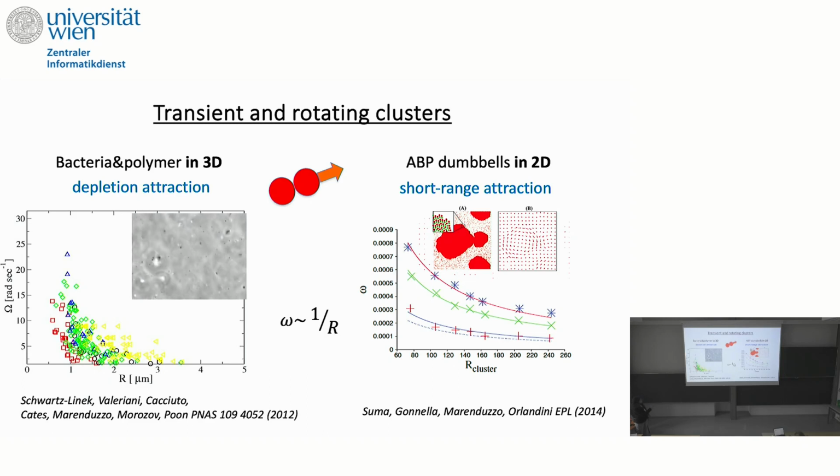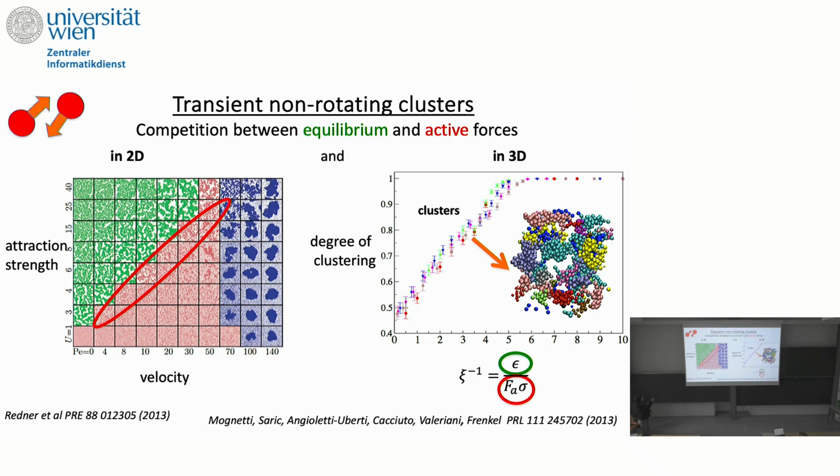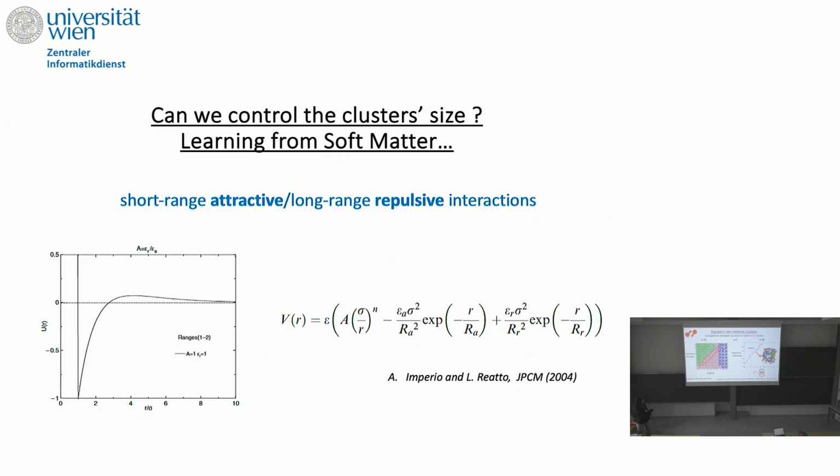These transient rotating clusters can be observed not only in 3 dimensions, but also in 2 dimensions. And again, I stress it once more, clusters rotate just because particles are elongated. Now, when particles are spherical, but there is an explicit attraction between active Brownian particles, particles can form clusters. They do not phase separate, but they just form clusters as long as there is a competition between the equilibrium attraction and the active force. So when the attraction strength is as strong as the propulsion force, we do get cluster formation, both in 2 and in 3 dimensions.